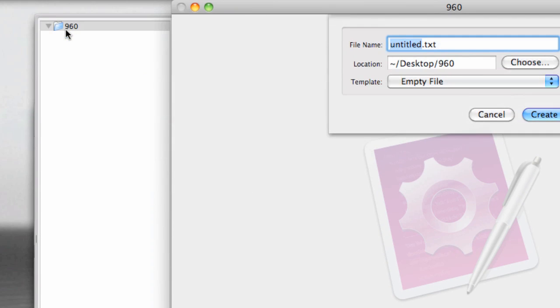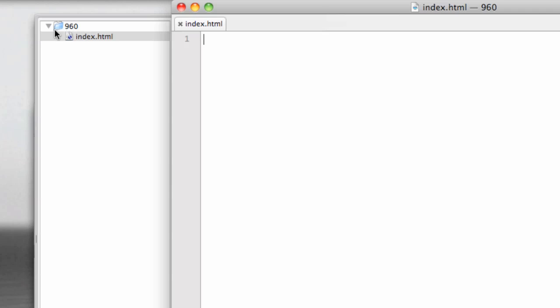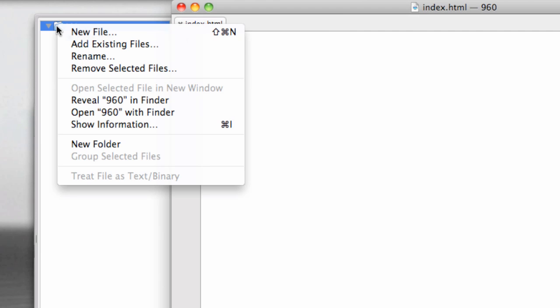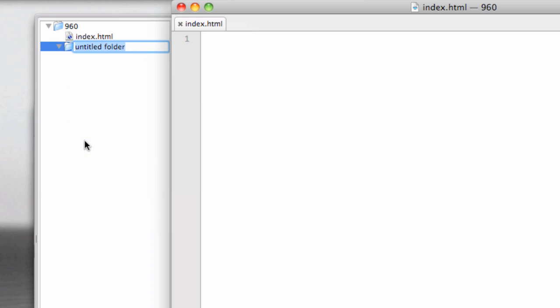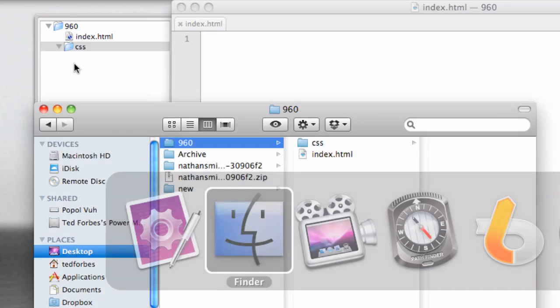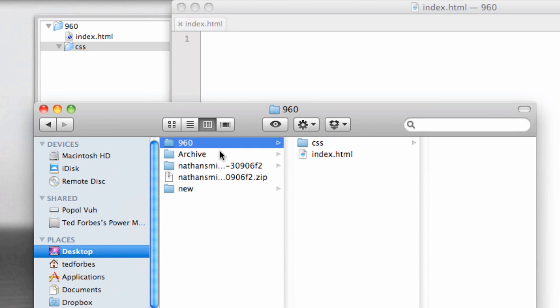And what I'm going to do is create a document in here. Let's create an HTML file that we're going to write, and I'll just call this index.html. And I'm going to create a folder, and we'll go ahead and say new folder, and I'll call this folder CSS. And let's see, what we're going to need to do here is, let me go open another window here